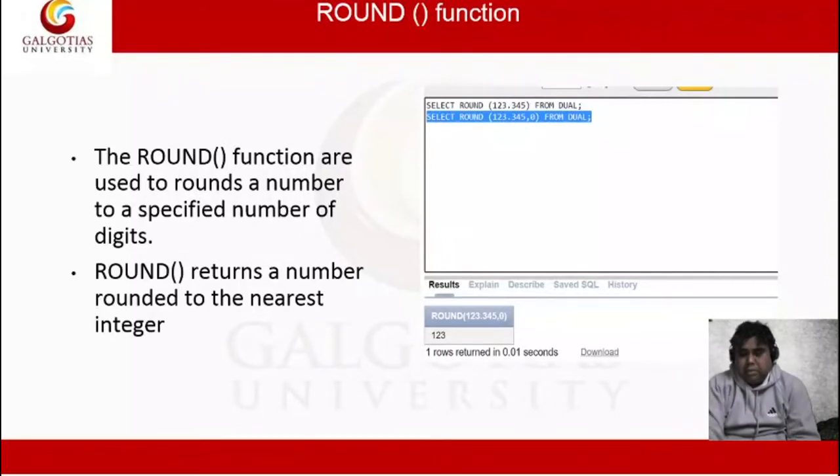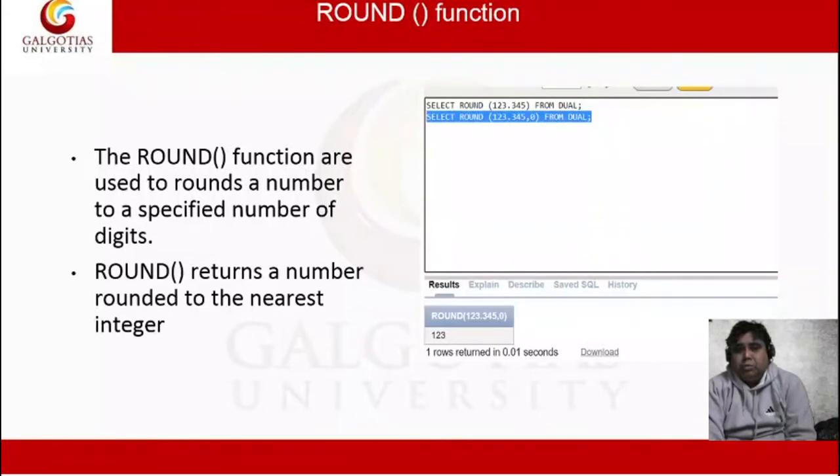So here in this section, how will we implement this in Oracle? We write the command select round, calling the round function from the dual table. So select round 123.345, 0 from dual. What will be the output? As per the definition, our output will be 123.